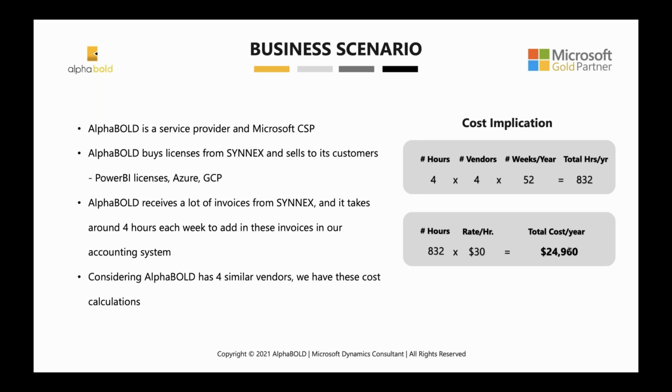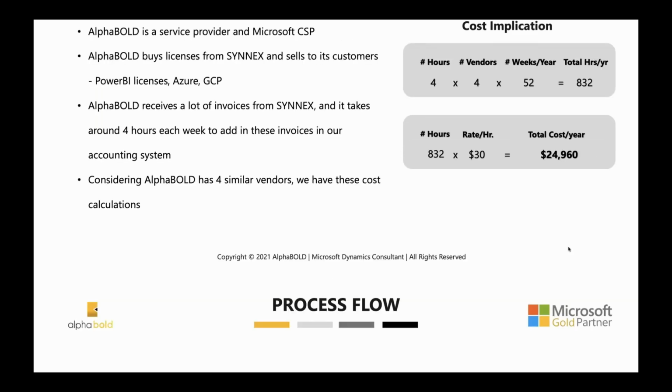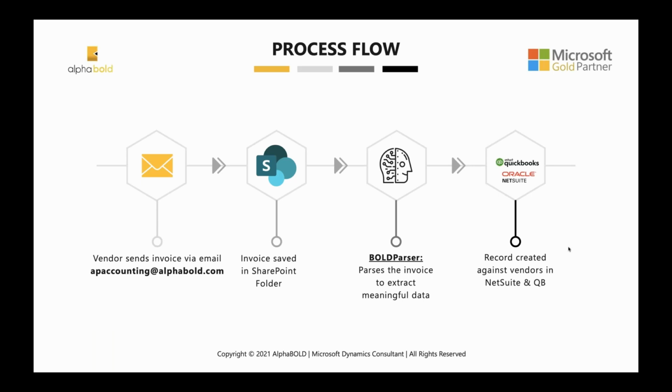So with the business scenario explained, I'm going to be talking a little bit about the process flow of the solution or the demo that we have prepared for this webinar. We have kept it simplified, but in this slide, I'm just going to be detailing out the steps that we have taken for the automation. In this use case, we are going to be receiving an invoice over the email channel, let's say from a vendor, to this specific email address, which is designated apaccounting@alphabold.com. So this triggers a flow at the back end that